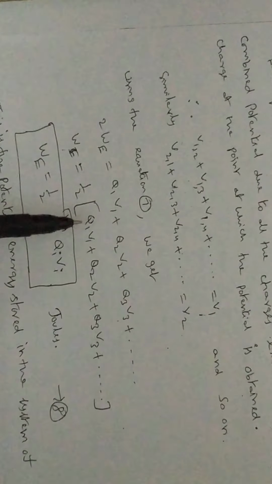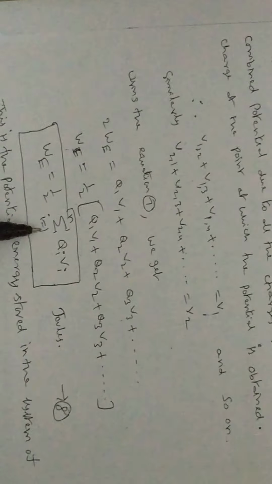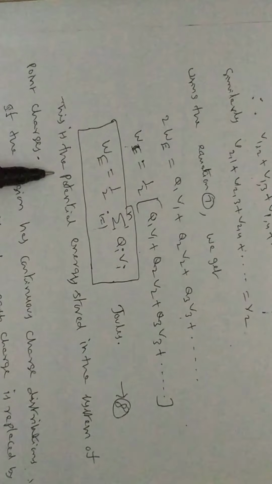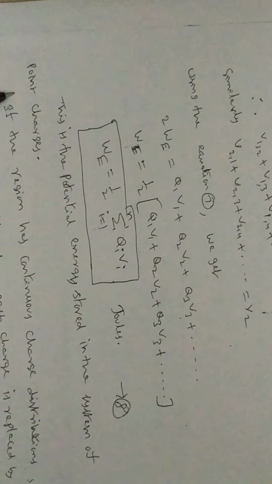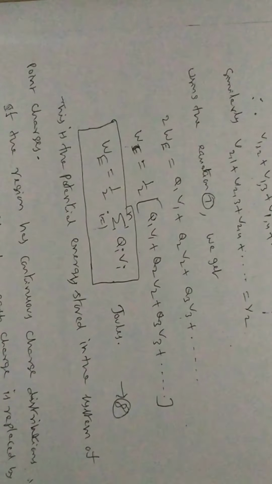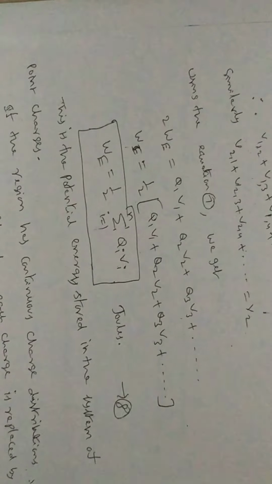Now it is a summation of the product of potential and the charge. So therefore W is equal to half of sigma i equal to 1 to n Qi into Vi. This is the potential energy stored in the form of a system of point charges. That means when you consider the point charges and you are keeping them in one particular place, then some amount of work is to be done, and at the same time some amount of energy is stored in that space. So that is called the energy stored in an electrostatic field.